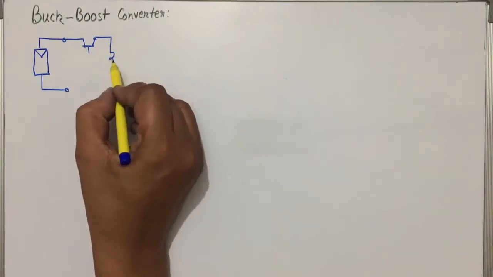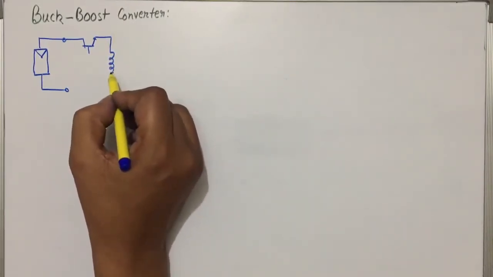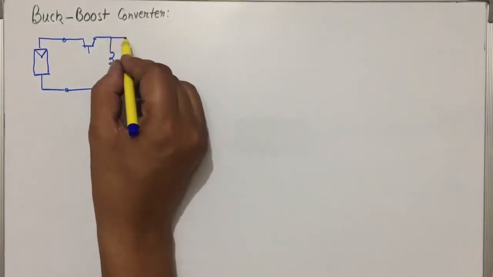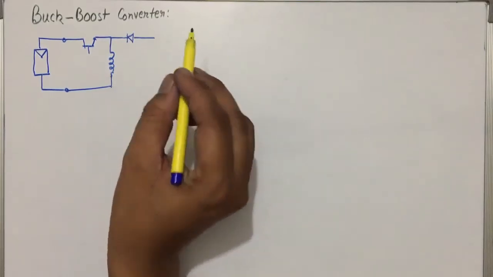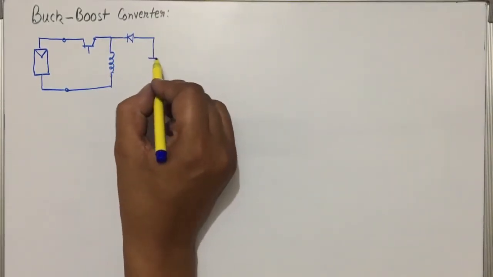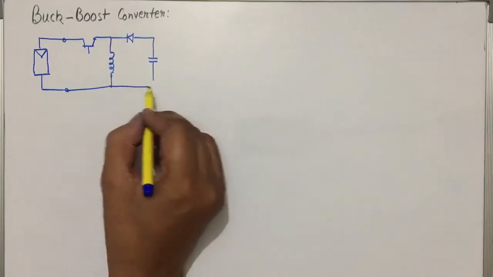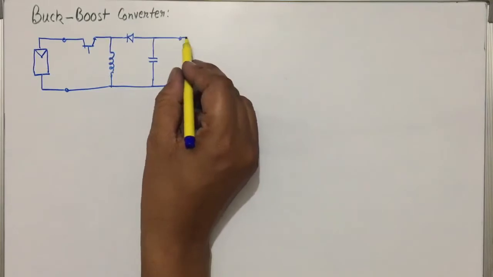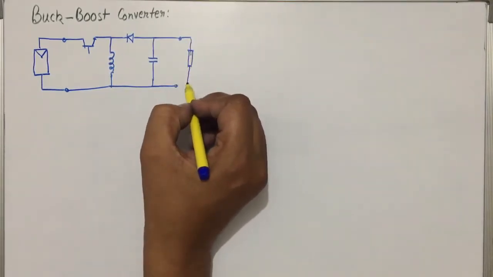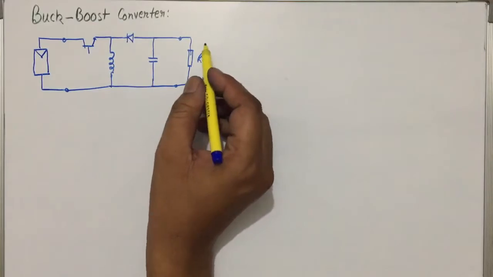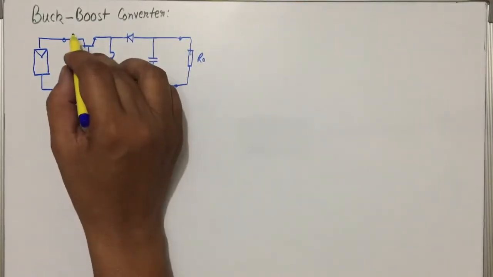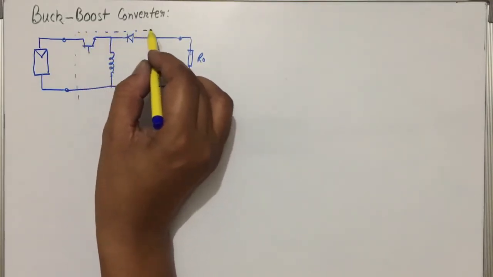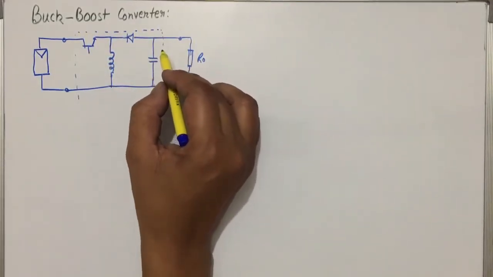So there will be buck boost converter at the interface unit, and this diode is connected with capacitor that is connected to the load terminal. This is R0, and this unit is buck boost